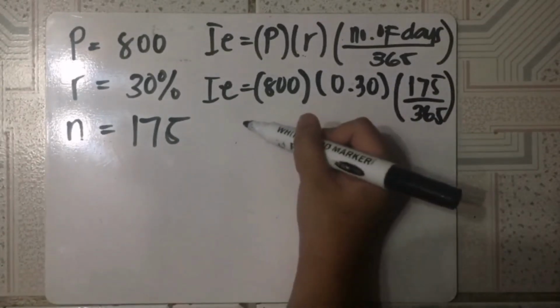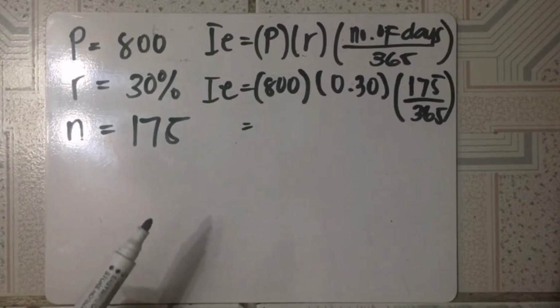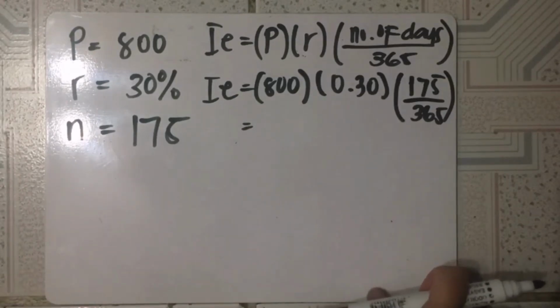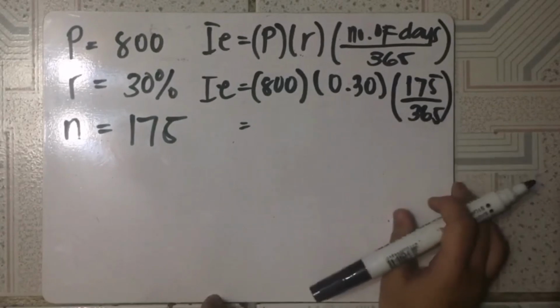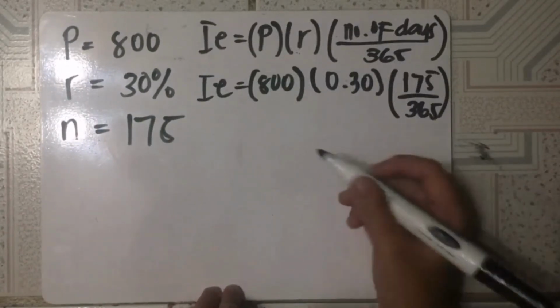And then, sa mga may calculator, pwede na siyang idire-diretso. But, dahil nga gusto ko sa inyo ituro step by step, so we will do it step by step. So, let's divide first the 175 over 365. 175 divided by 365 is